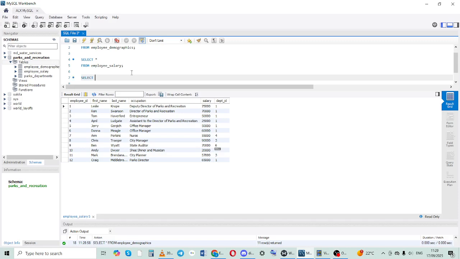we must just follow an almost similar process like what we did with the inner join. So we select everything from the employee demographics table. This employee demographic table is our left table. From then, we do left join the employee